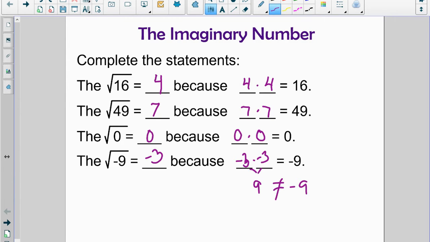All right, well then how do we do this? How do we multiply two numbers together and get negative 9? Oh, one must be positive, the other's negative. 3 times negative 3 equals negative 9. But no, that doesn't quite fit how we work with square roots, because a square root means that you have to take a number times itself. And 3 and negative 3 are different numbers. So that doesn't quite work either. So we're going to talk about how to simplify the square root of a negative number today,